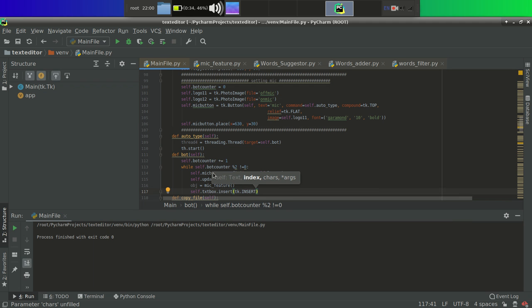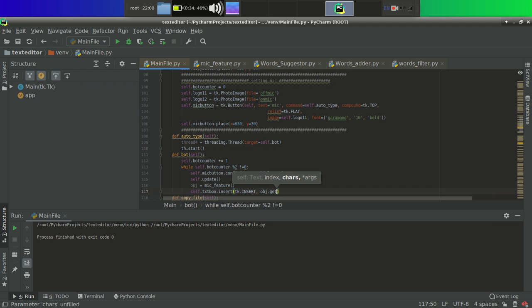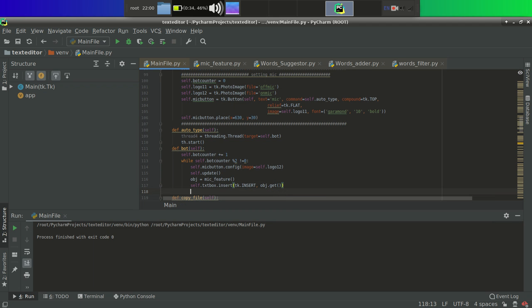The value of text will be obj.get. I told you the get method will return the text whatever the user has spoken. So that's it.